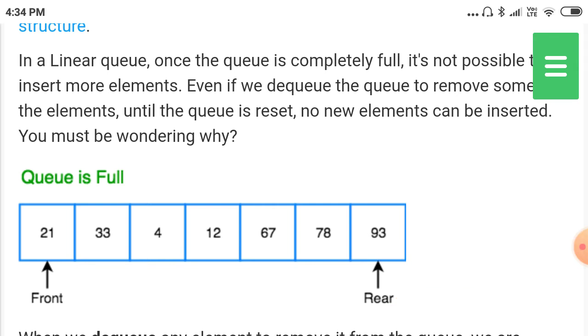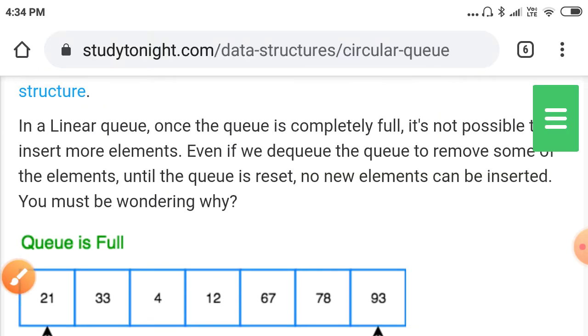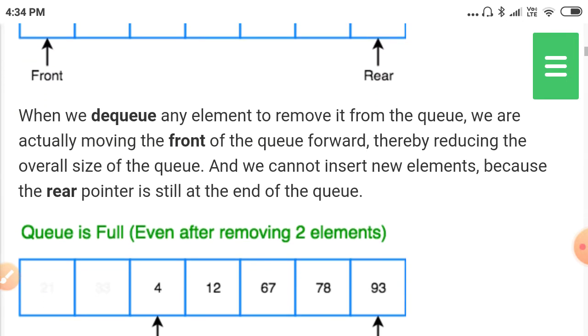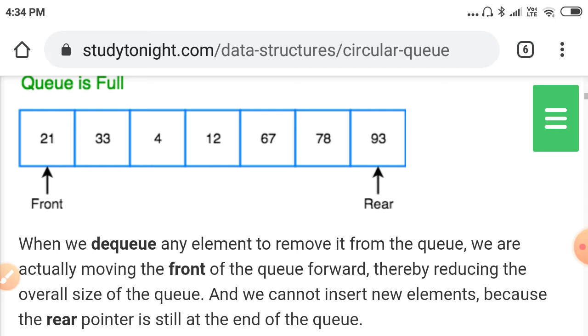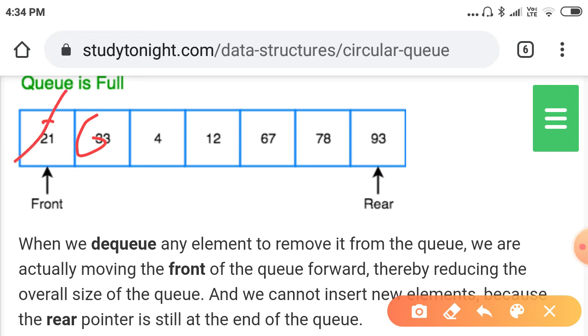Even if we dequeue some elements, until the queue is reset, no new elements can be inserted. See here, the queue is like this. Suppose you deleted these elements, then front is pointing to this location, so in these two locations no elements are there.